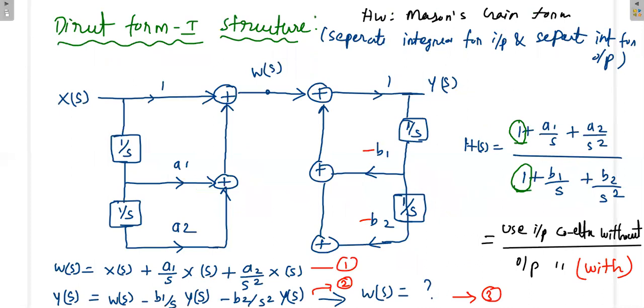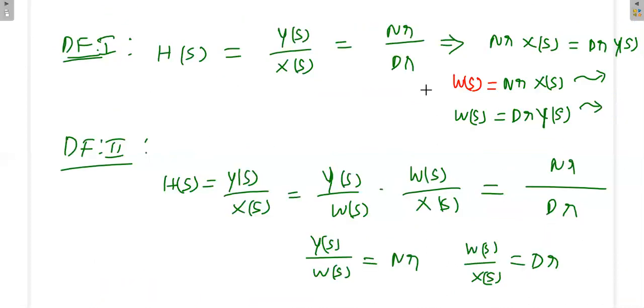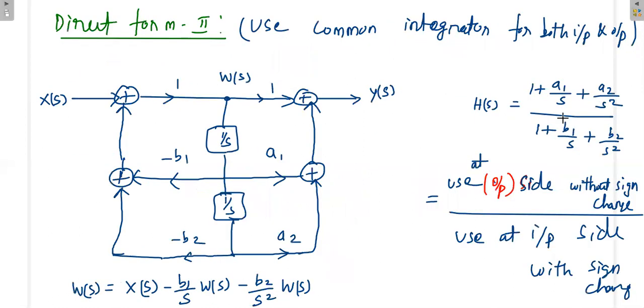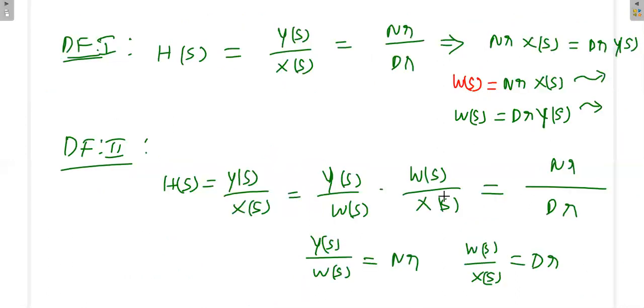So this is the final procedure that we will actually use for the semester exam. We will discuss that in the next class. Next class we will take a problem h of s, implement the direct form 1 structure with this procedure, and also the direct form 2 structure, and verify whether this shortcut is working or not. Directly also you can write, but in the semester exam you have to follow these steps to get full marks. Thank you.